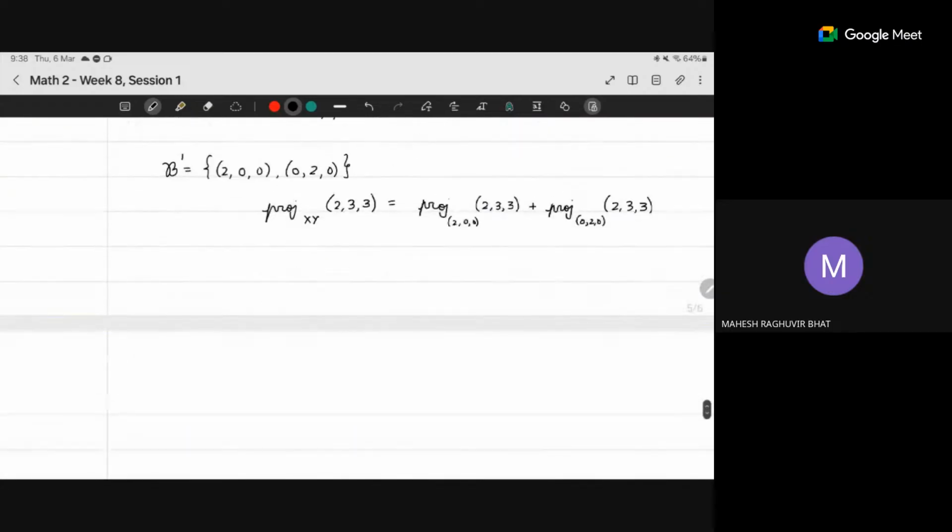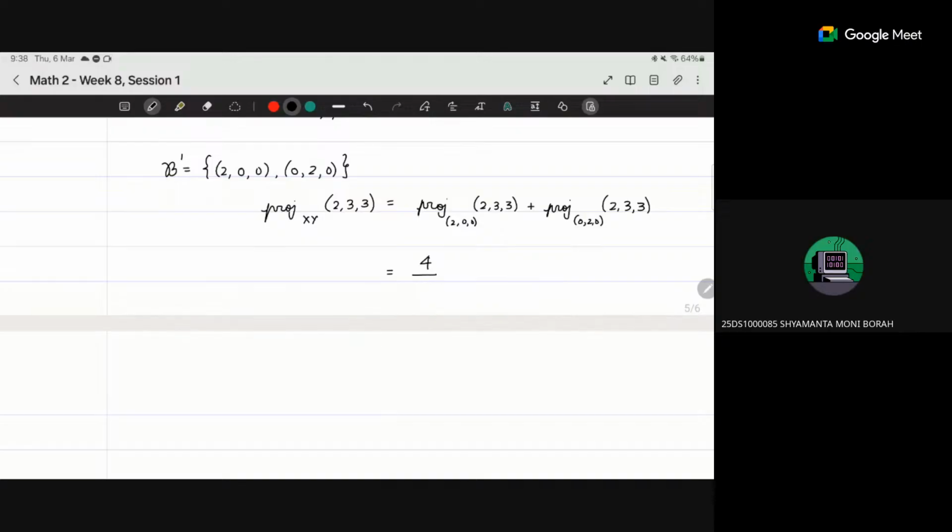Now when I take the dot product here, I'll skip some steps, okay? Because we are running out of time. It should be. Yes. So because we can multiply 2, 3, 3 times 2, 0, 0, that is 4. That is the projection, the numerator of the projection, the coefficient of the projection, divided by